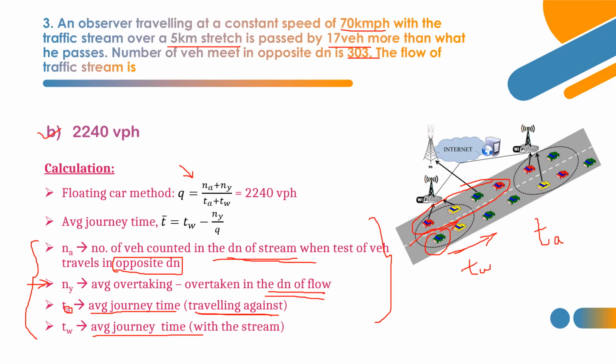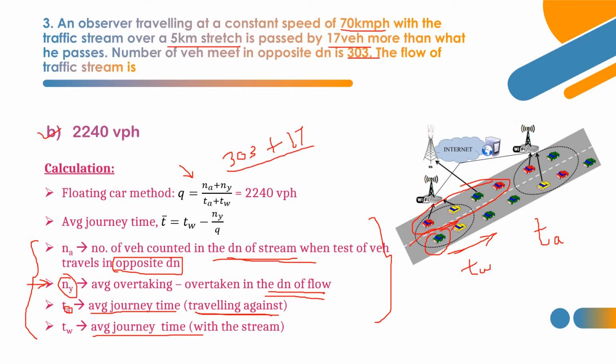In this scenario, they have given the NA value, NY, TA, TW, all the things. The number of vehicles met in the opposite direction is NA. So NA is 303 and NY also they have given us, 17. That is 17 vehicles more than what it passes, nothing but the difference between average overtaking and overtaken. So that is 17. So 303 plus 17